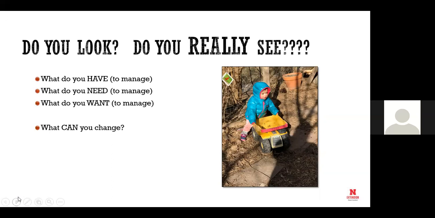Then it's, what do you need? Needs get to count. It's your landscape, or it's a landscape that you're responsible for, right? And then what do you want? And you'll notice that we put the words to manage, to manage, to manage. So this is different than I want or I want to. This is, what do you want to manage? And then what can you change?